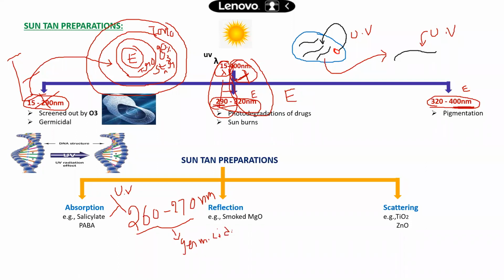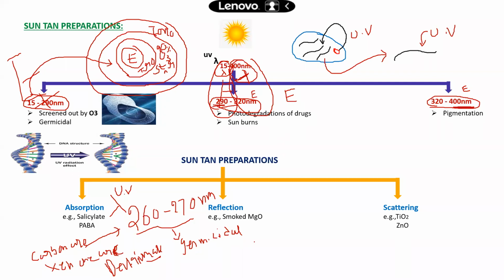Sir, it is not available on Earth surface, so then how can I produce 260 to 270 nanometer, which kills the microorganisms? To release this, I will use artificial lamps, that is carbon arc, xenon arc, or deuterium arc. Arc means heated filament. It can liberate the UV region of 260 to 270 nanometer.